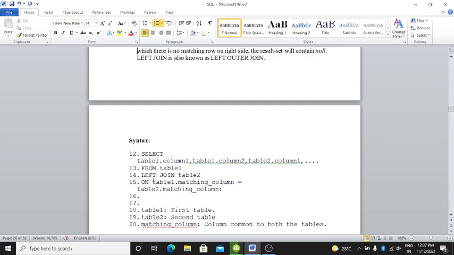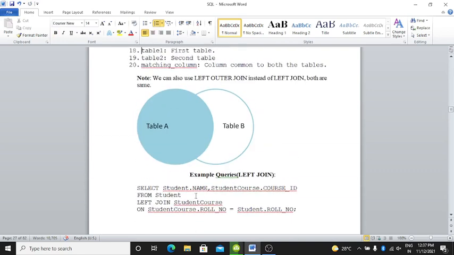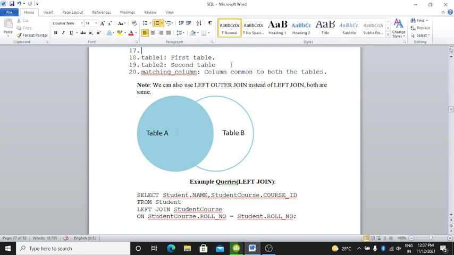FROM table1 LEFT JOIN table2 ON table1.matching_column = table2.matching_column. Table1 is the first table, table2 is the second table, and the matching column is common to both the tables. Here we can also use LEFT OUTER JOIN instead of LEFT JOIN, as both are the same.